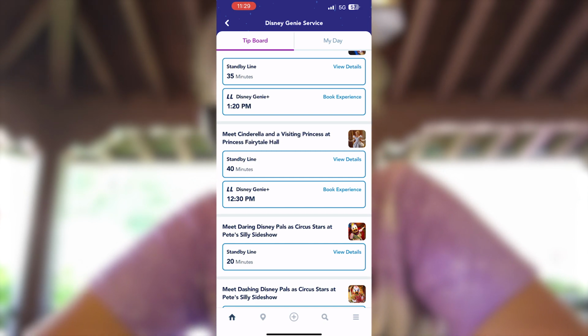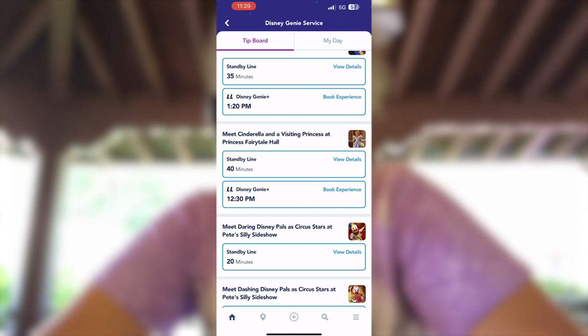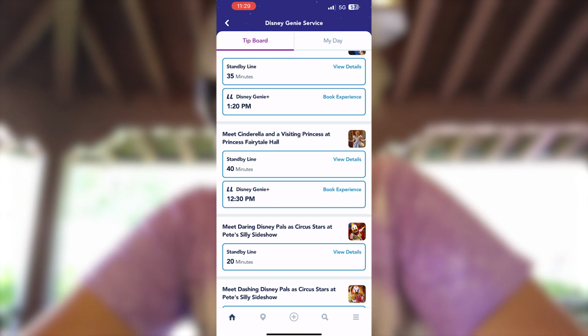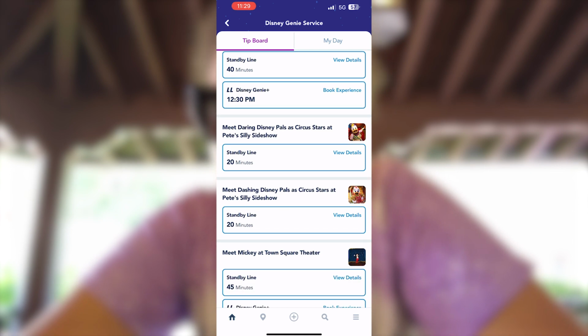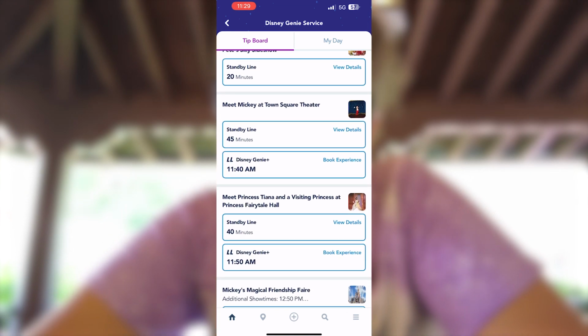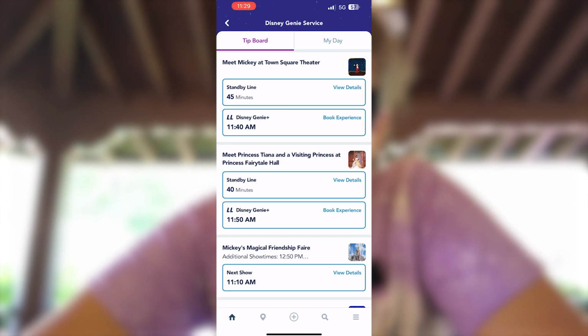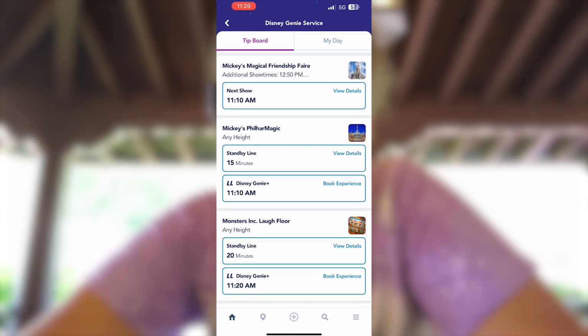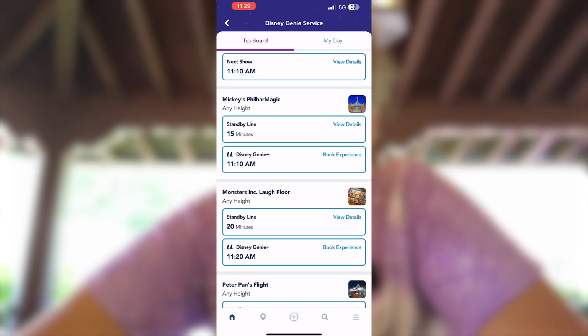It kind of varies depending on the day, but there's always going to be Cinderella there. And then, I mean, you can do Mickey and Minnie at Town Square Theater. It looks like we only have Mickey today. Again, meeting the princesses at Fairy Tale Hall. Friendship Fair is just a time, not a Genie Plus. Monsters Inc. Laugh Floor is a show. There's so many things here that you can get that is not strictly the rides, which I really, really enjoy